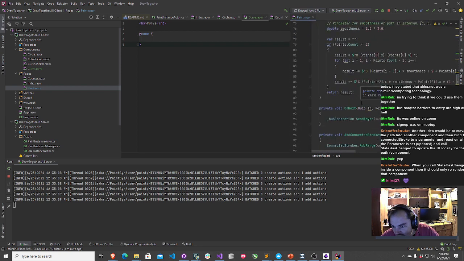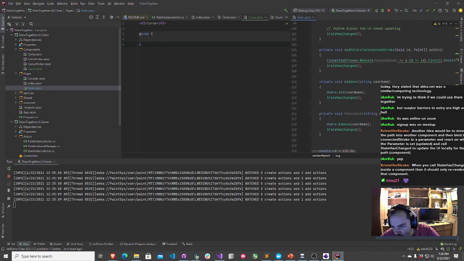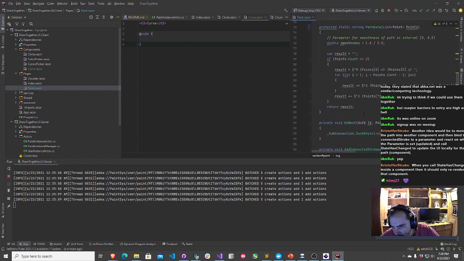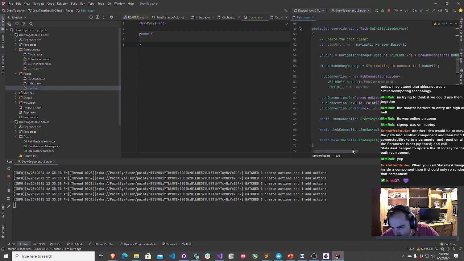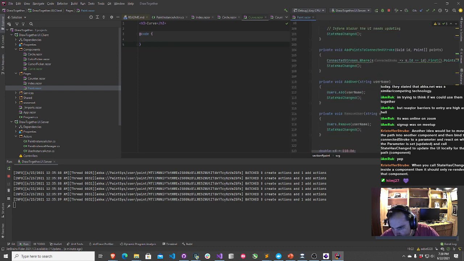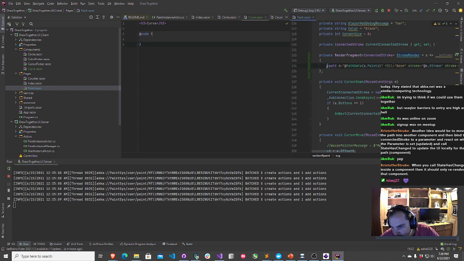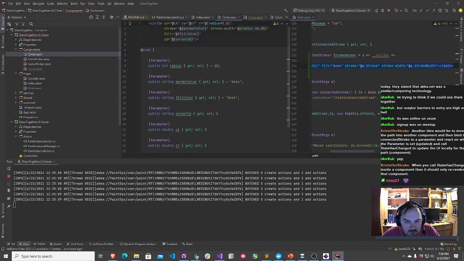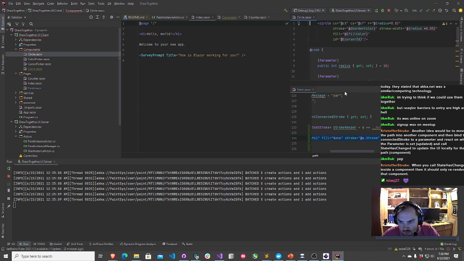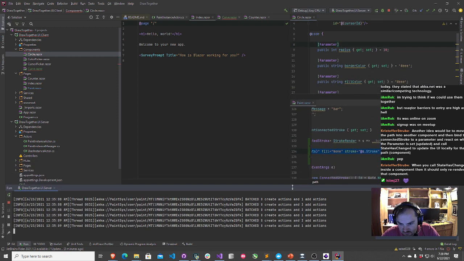Stroke render. I just did this a second ago. Let's see. Where's my render fragment? Here we go. Do that. And then I need to go ahead and define some parameters. Move that back. Let's see, and I've got my little circle parameters here. Oh, wow, this is pretty spacious.